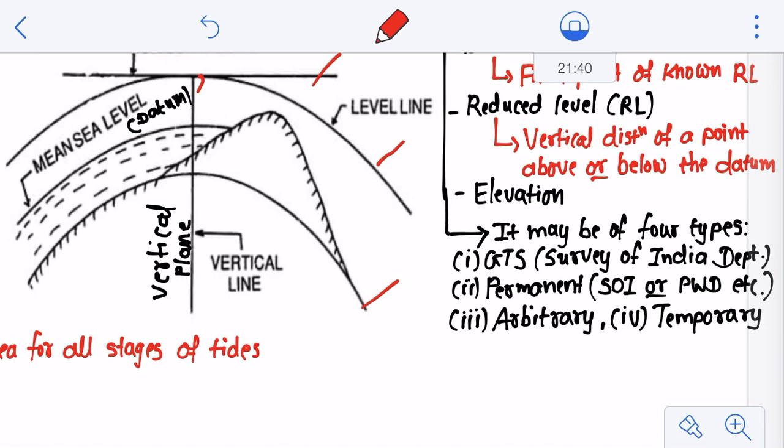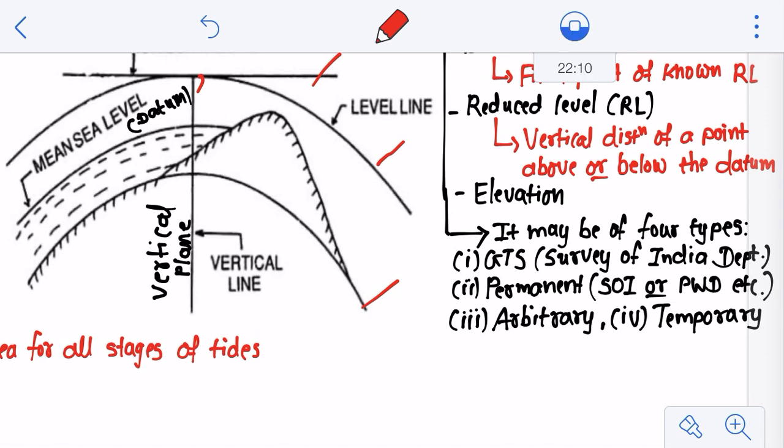The first one is termed as a GTS benchmark, right? These are benchmarks which are established with a very high degree of precision and at regular intervals by the Survey of India department all over the country, right? Their position and RL values above mean sea level are already calculated. As I gave you the example of Bombay, we are considering the mean sea level